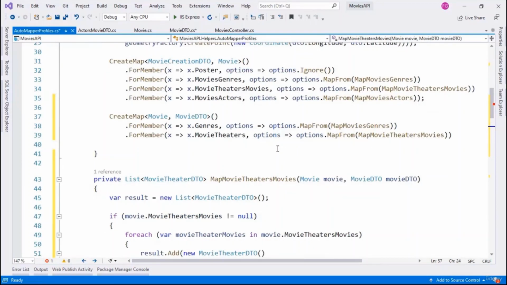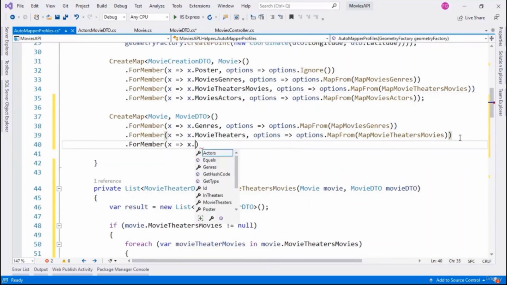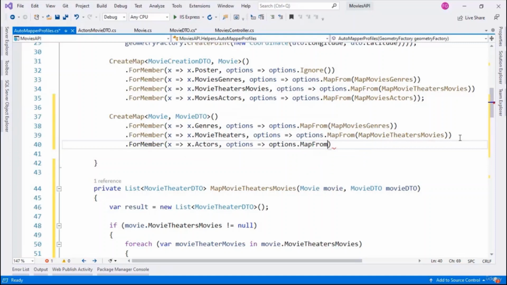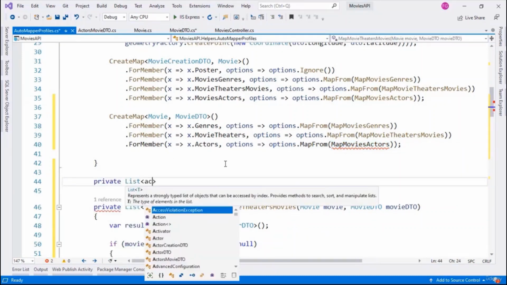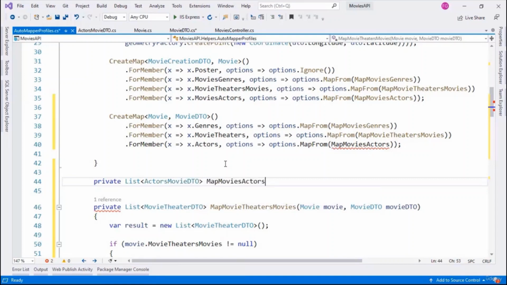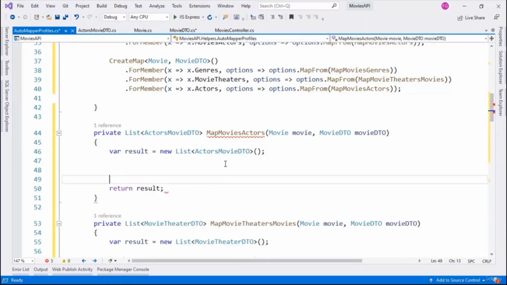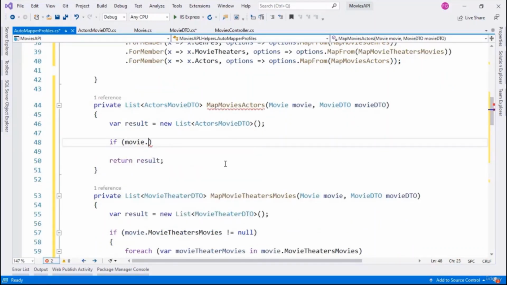Let me put a semicolon here, and now we have to do the same for actors. Let's say Actors, and let's say here options MapFrom MapMoviesActors, semicolon here, and let me copy this and let's come here. Let's say private List ActorMovieDTO MapMoviesActors, Movie and MovieDTO. And now let's do the same. Let's say result equal to new List ActorMovieDTO, then return result,